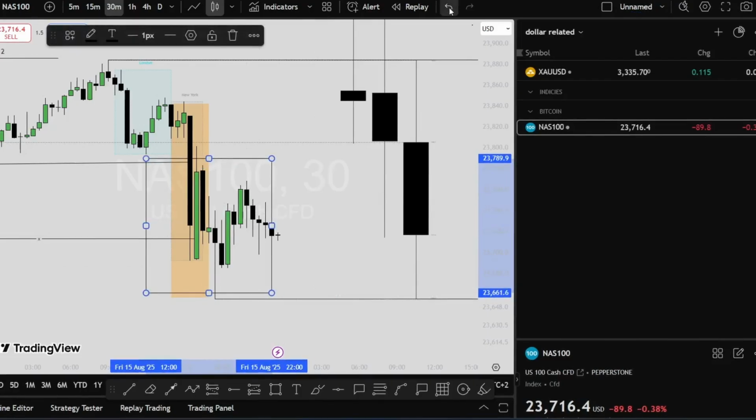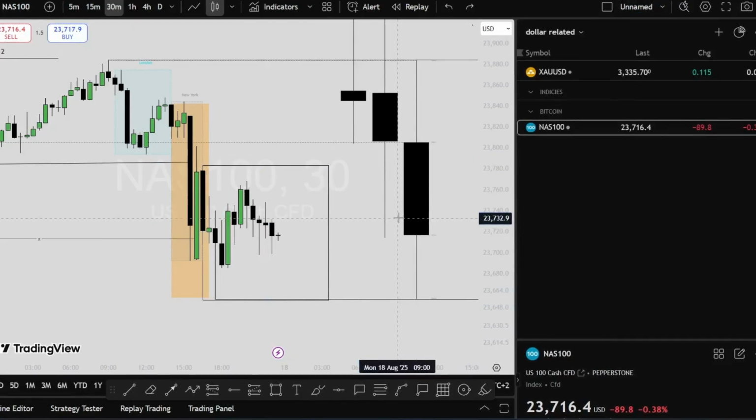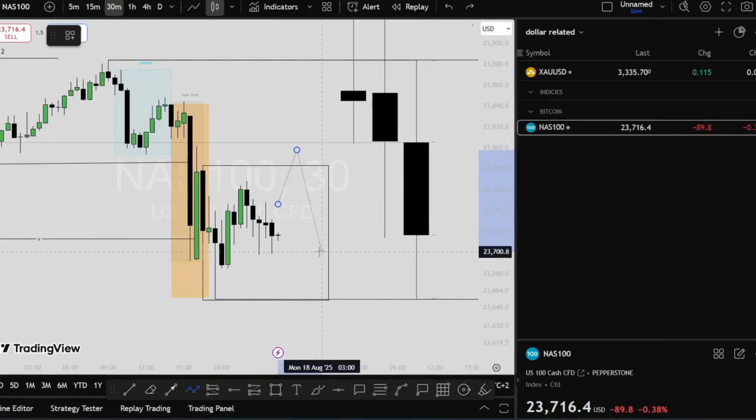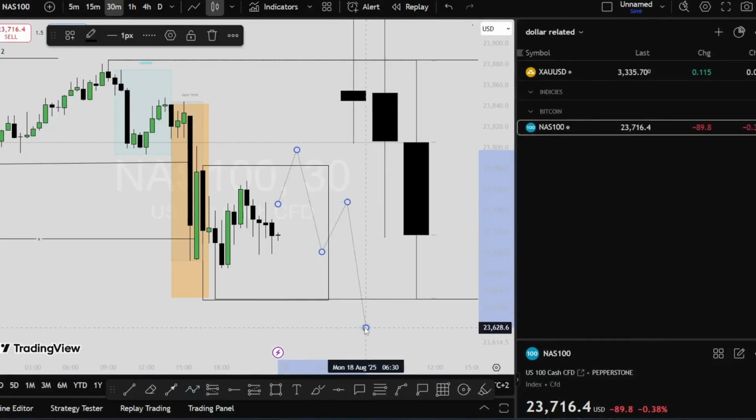Now, for me to have a selling opportunity, the first thing is that we don't have a protected swing, right? The first thing that we need now is a protected swing. Protected swing how? We're looking for the market to go to the upside, sweep the high of the range. After sweeping the high of the range, change the state of delivery, give us a retracement, and we look for those selling opportunities to the downside,